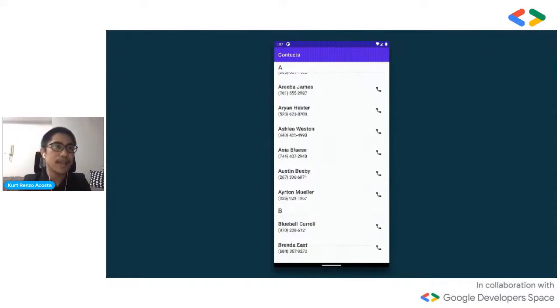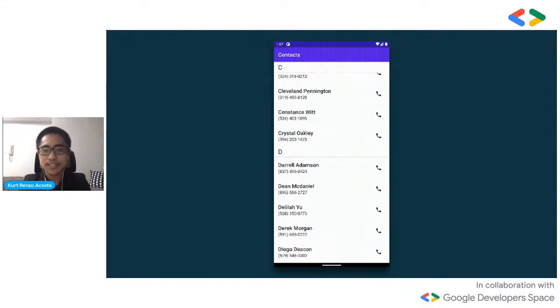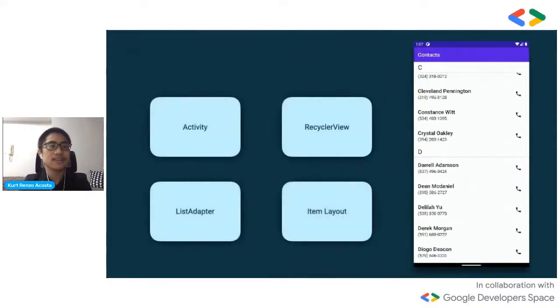You can see your contacts. There's a sticky header on top. You scroll through it, and it's just a list of contacts, and that's the example. So in the current way that we're doing it, it's actually quite a lot. Like you have to do this, and